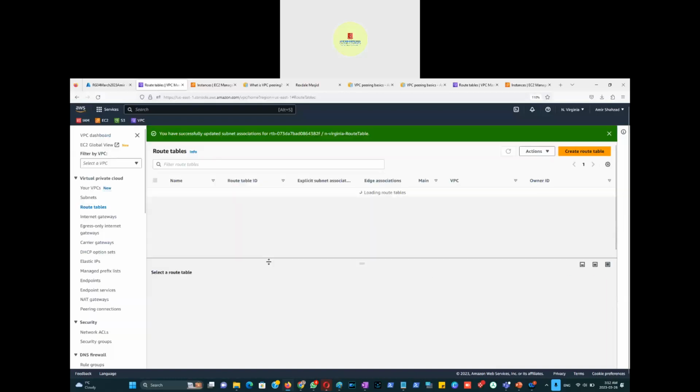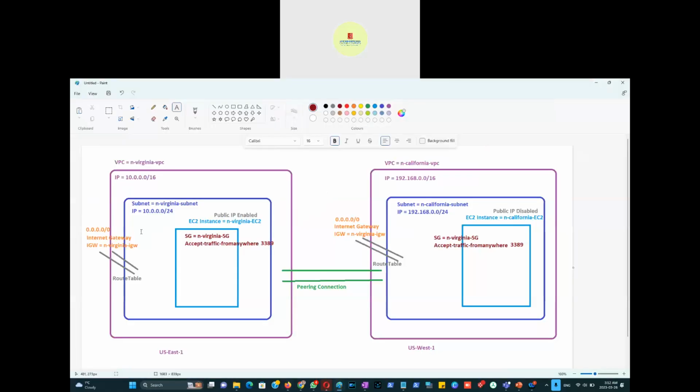and save association, which means that if we go to the diagram, we told this route table that it's going to receive internet traffic from this internet gateway, and then it's going to transfer that internet to this subnet, right? And whichever EC2 instances are in this subnet will get the internet. So that's what we did. Now we're going to go for the EC2 instance, and we're going to create it inside